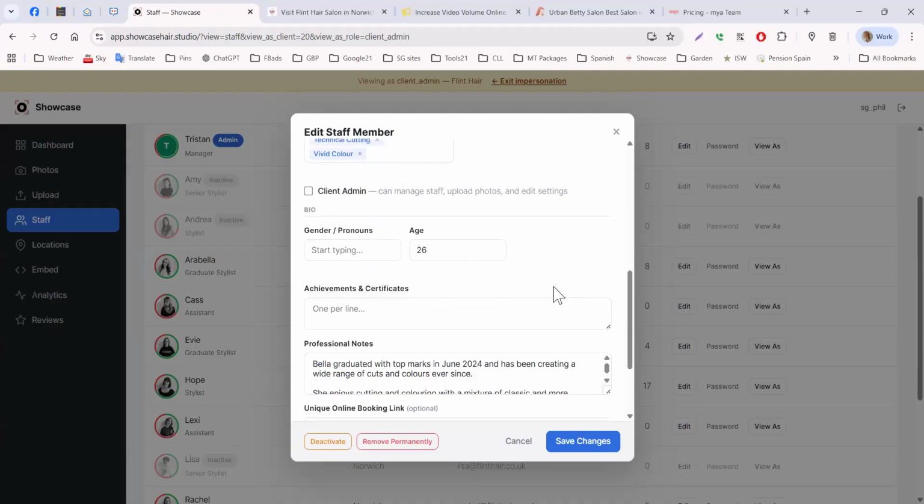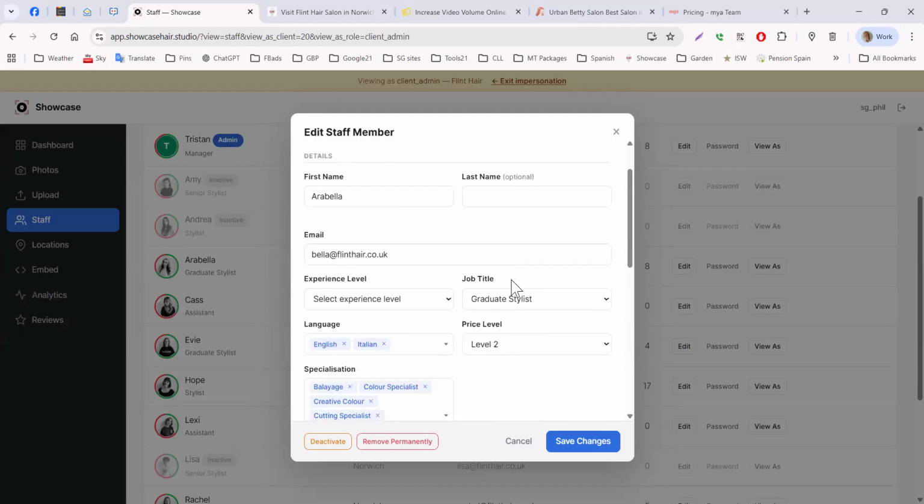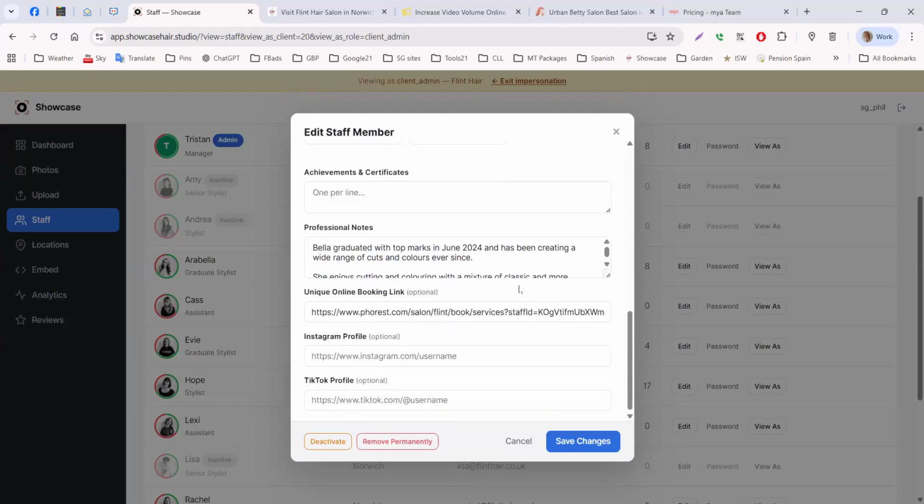Whether she's an admin, what gender or pronouns if you want that defined. What age is she? I put she's 26, because all of this information can be used for the stylist matchmaking: language, price levels, age range, qualifications,